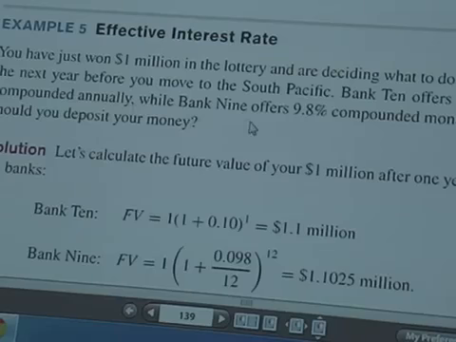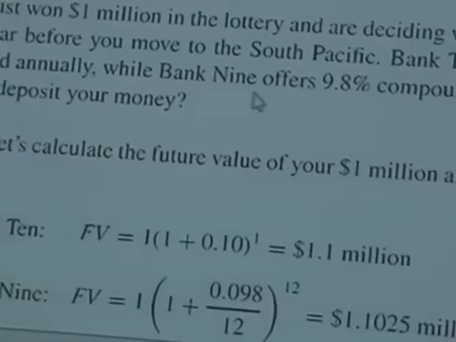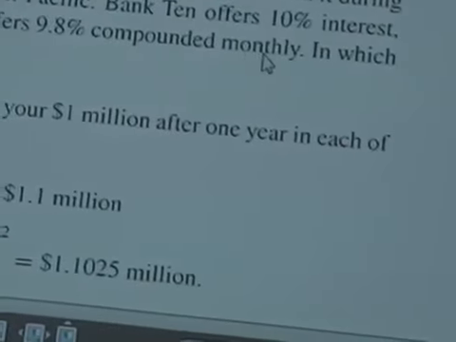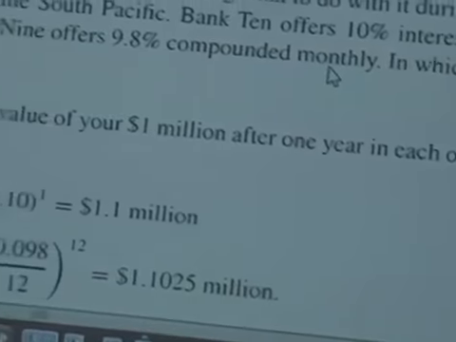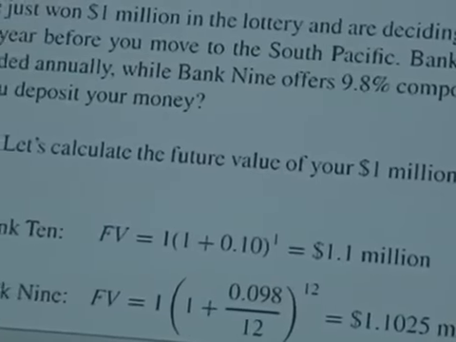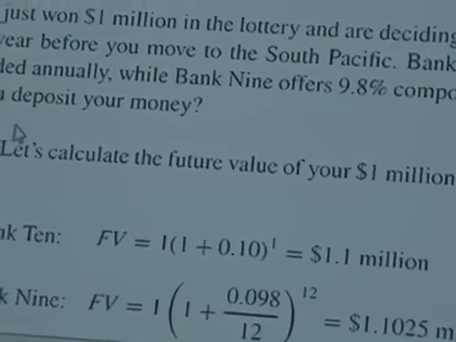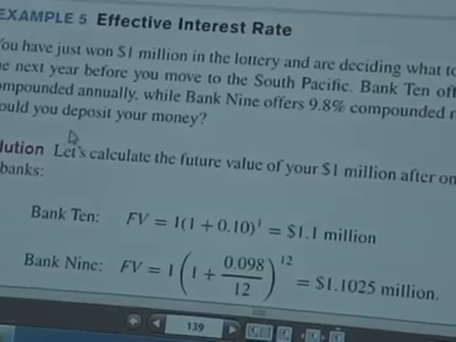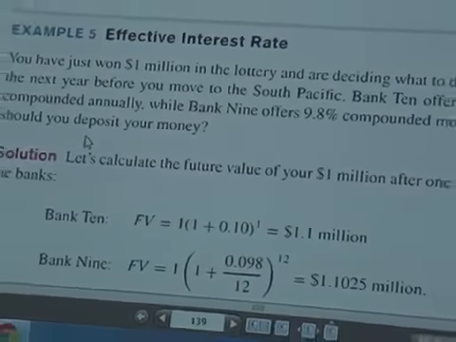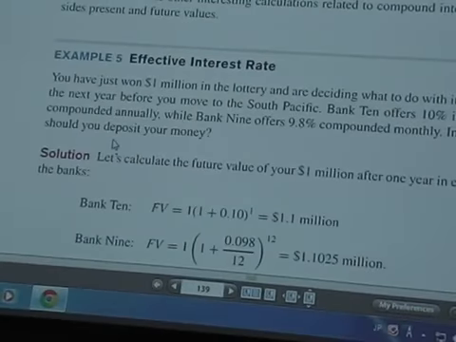Annually. Bank 9 is what? Monthly. Which is better, monthly or annually in general? Monthly. In which should you deposit your money? Okay, so before we just talked about we can't compare